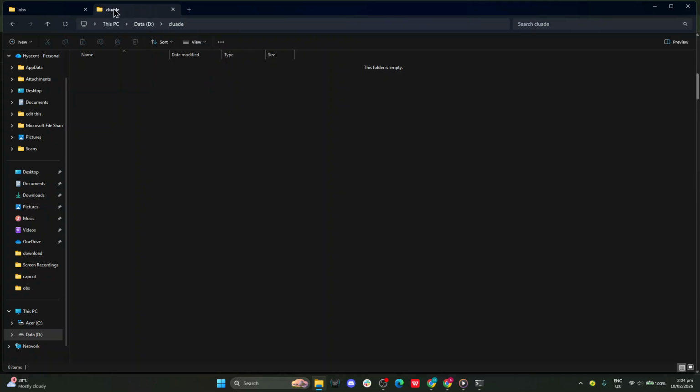In this new command prompt, type Claude and press enter. If Windows shows a security or permission prompt, choose yes and continue. When the tool launches, type /login and press enter. This will open your browser to help you sign in and link your account to the CLI. Follow the on-screen instructions to complete the login. To finish,